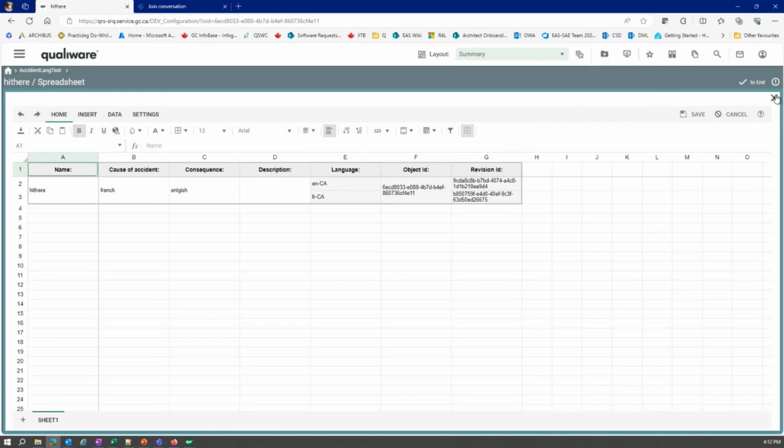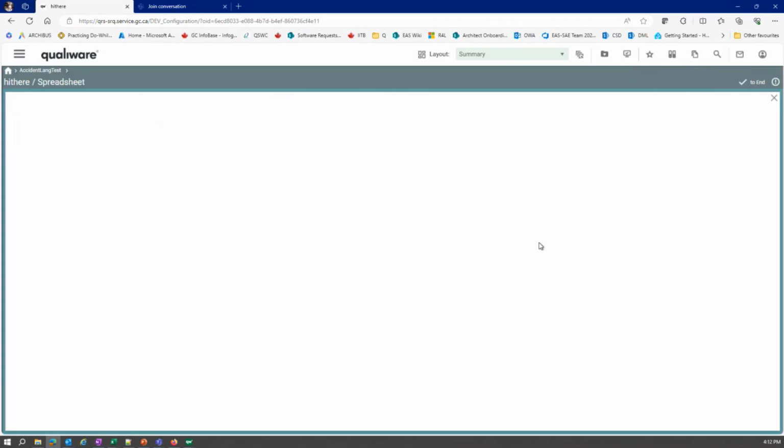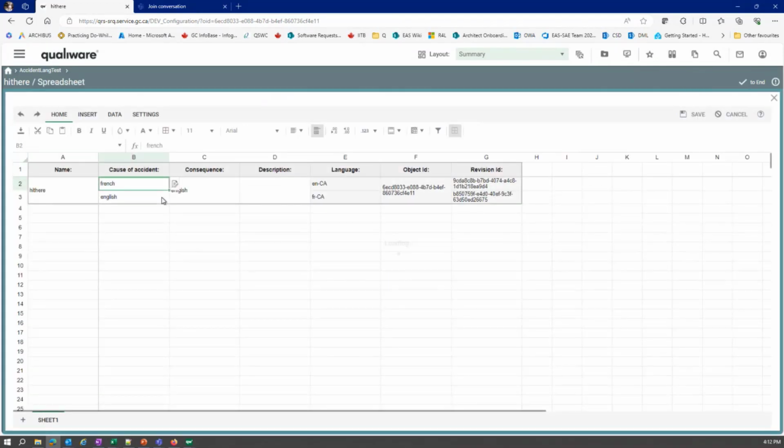And if I close this and reopen it, you'll see my English word has now been flipped. I am working in English and I just typed in French, like it's backwards. So if I want to edit in English, let me spell this properly.